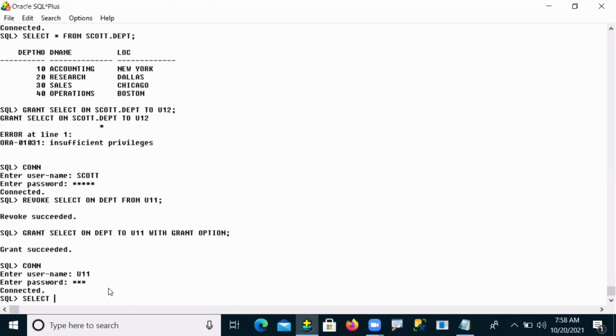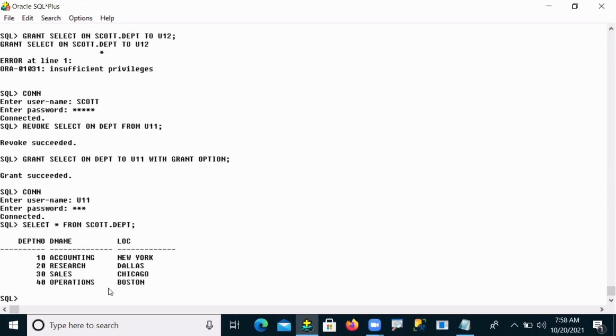Now you can connect as U11. Connected, and let's call SELECT * FROM scott.dept. Yes, user 11 successfully accessed it. Now observe: GRANT SELECT ON scott.dept TO user 12.